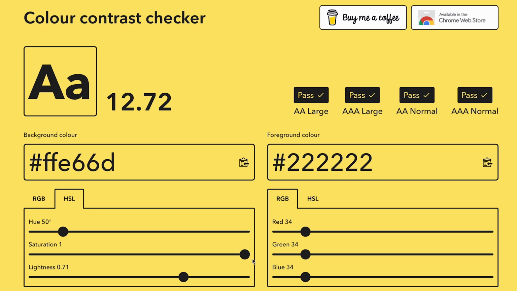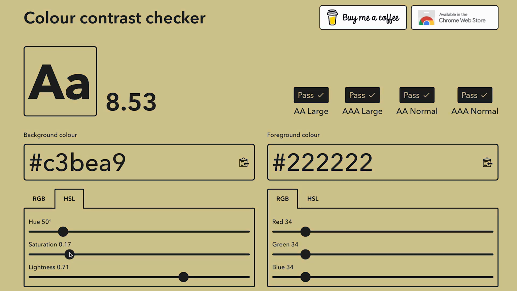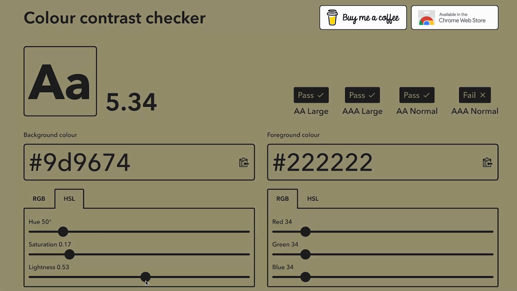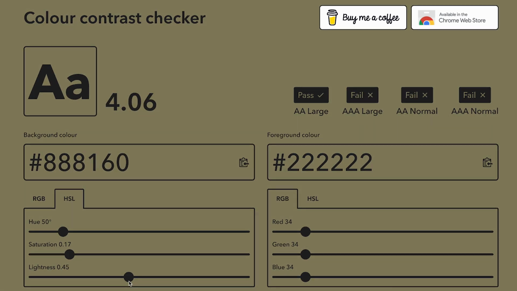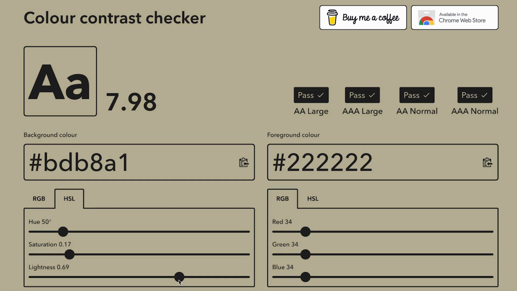When the number is high, we have high contrast. When the number goes down, we have lower contrast. As we move the lighting down, we get some small numbers, and on the right-hand side some of these values say fail. We can pass them all just when we hit 7.